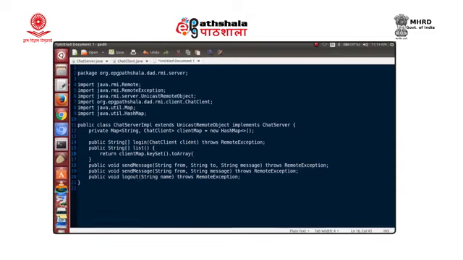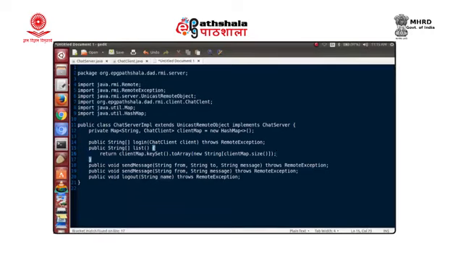We create a new String array whose size is the same as the size of the map, so we use clientMap.size as the size of the array. That is the list method, a very simple implementation.